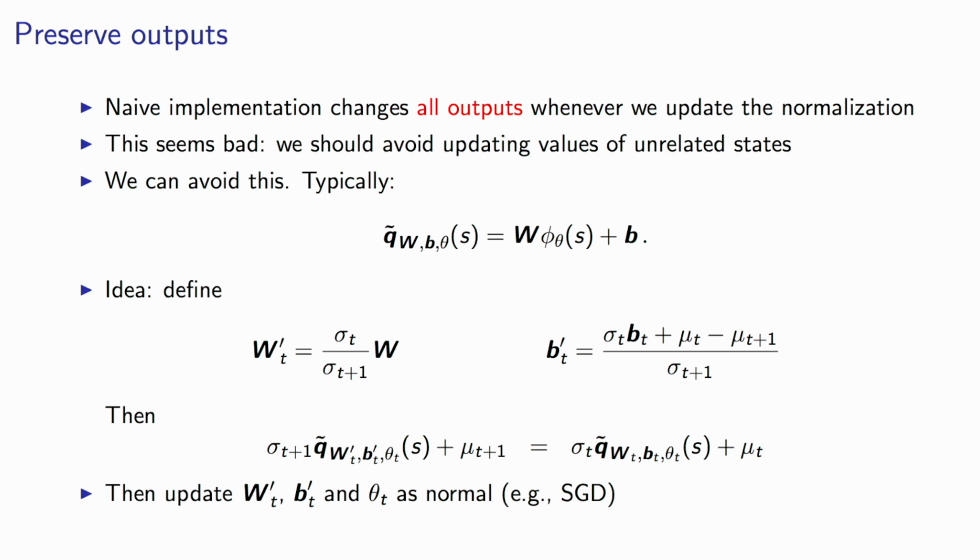So there's an additional part of this algorithm which basically says maybe we should just change our network whenever we do that to counteract the change to the statistics. So now we're only using the statistics to change the updates to the network, but we're not using them to change the outputs of the network. A way to do that is to realize that this normalized output of the network, this Q tilde, which on the previous slide I defined as the output of the network, the thing you're updating, is typically a linear function.